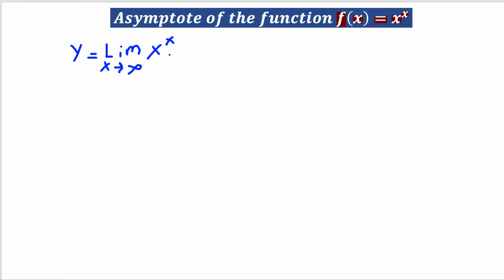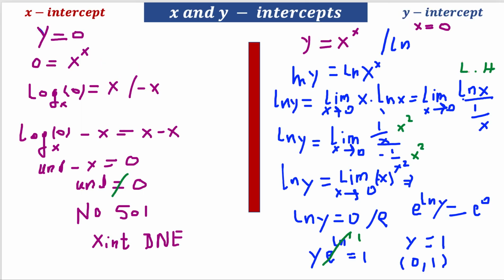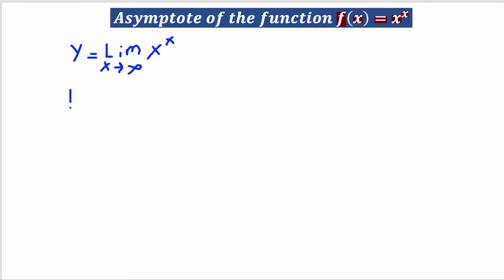But as we already did the whole work here when x was 0, we do not show the whole process again, to not repeat. We can take just the last equation that we have here, and we can write this way: ln y is equal to